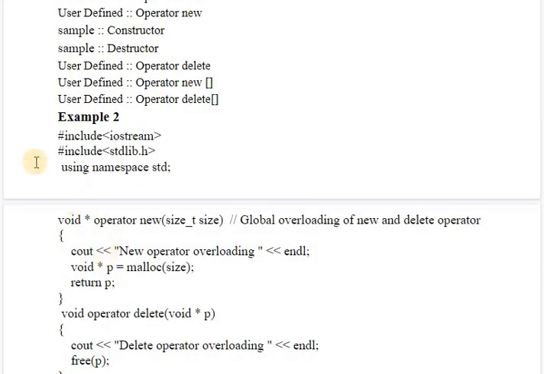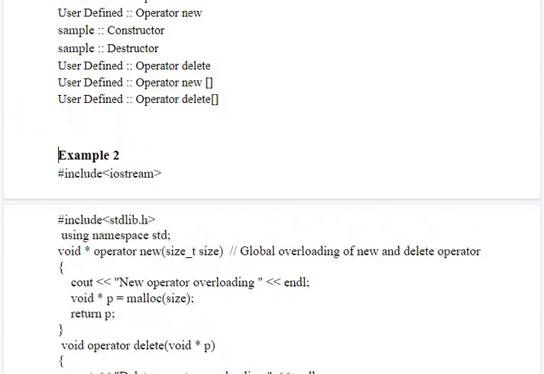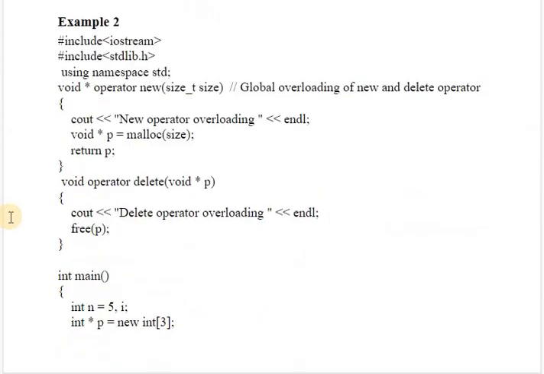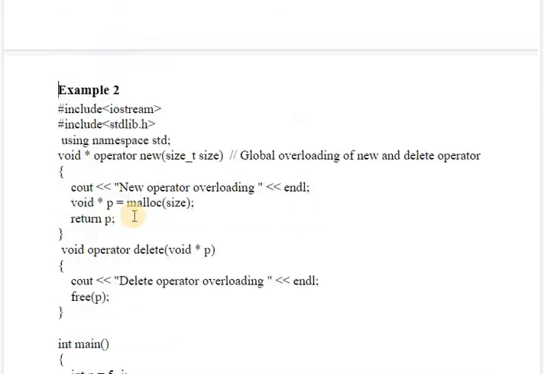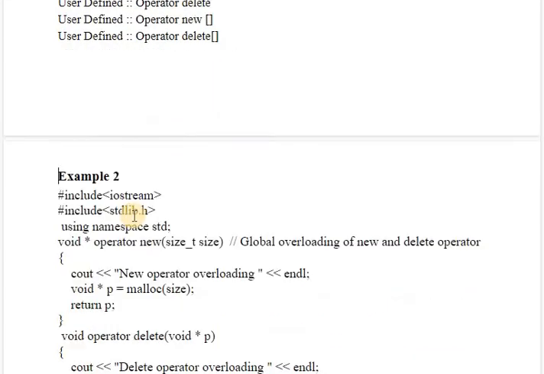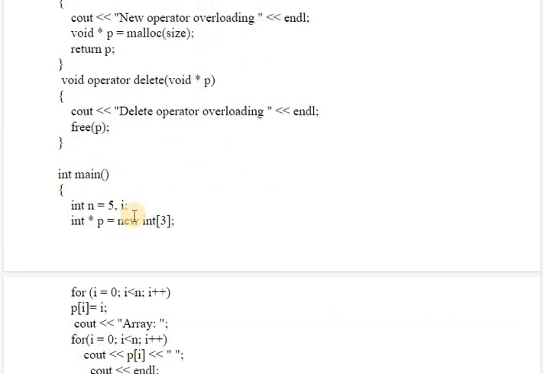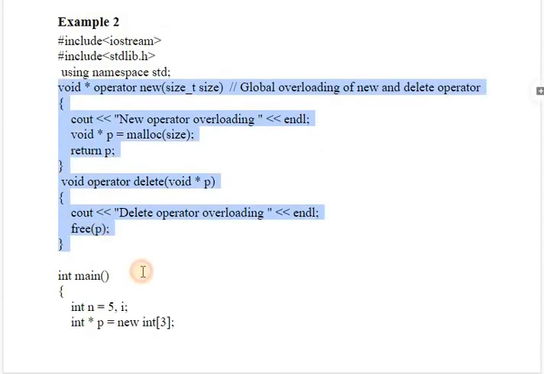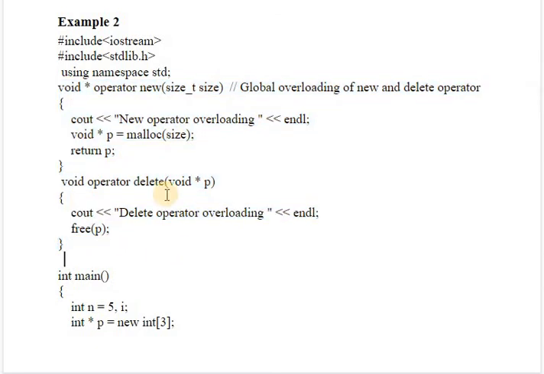So next is again one example. I have added this many examples for your understanding also, so that every concept can get clear to you. You can refer either to this example or to example one also. That totally depends on you, whatever program you are comfortable with. The method of writing these operator overloading functions is the same in all the types or all the examples.